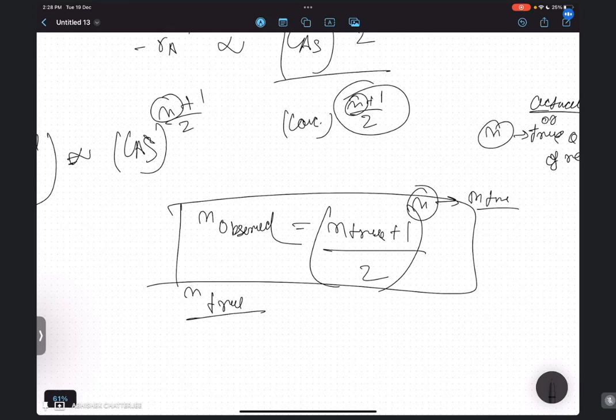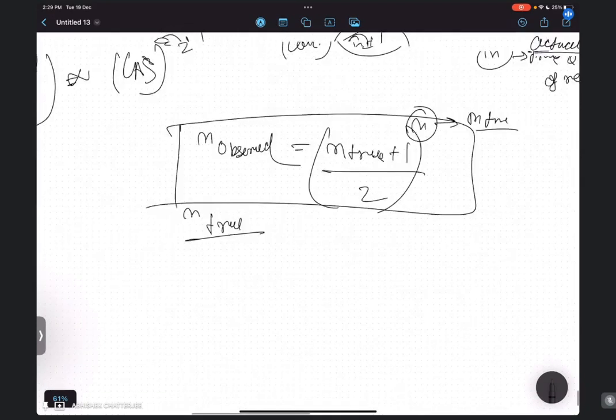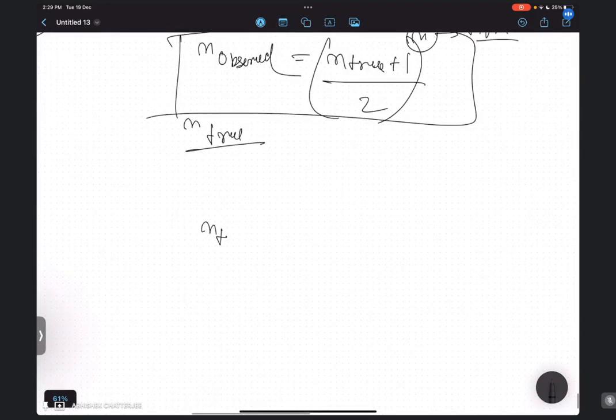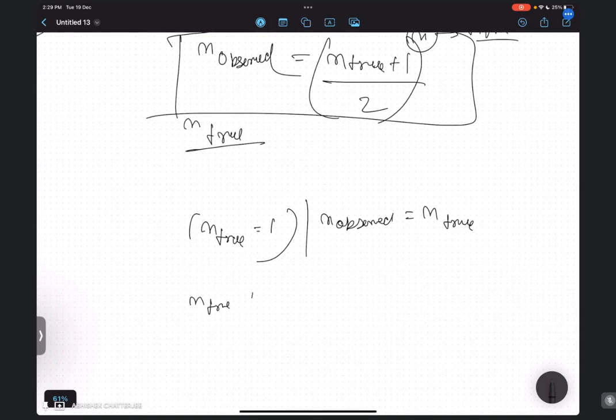ये कंसेप्ट क्लियर है? बताओ। अगर ये कंसेप्ट क्लियर है तो यहां से एक चीज ध्यान से समझना कि for n true equals to 1, our n observed will be equals to our n true. And if our n true is less than 1, in that case our n observed will be,